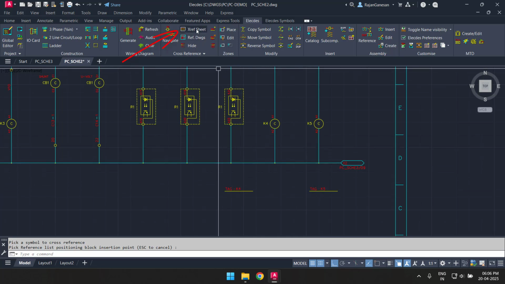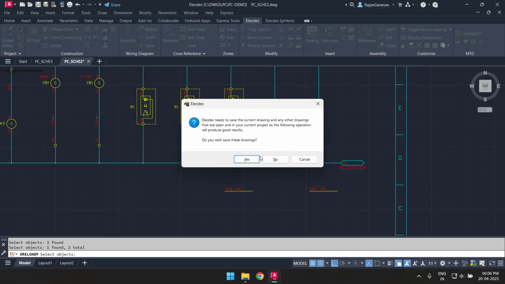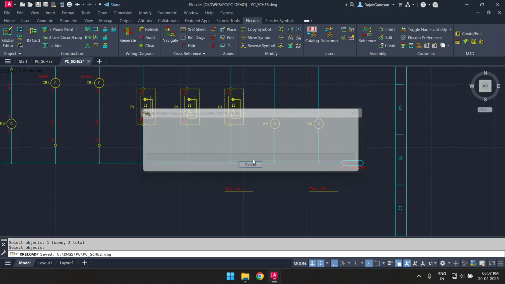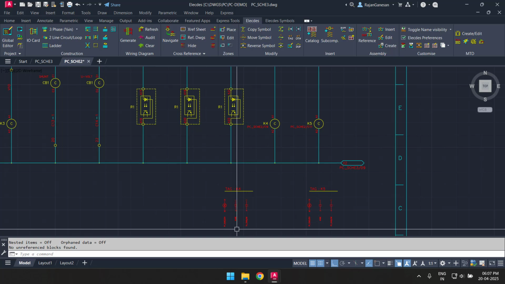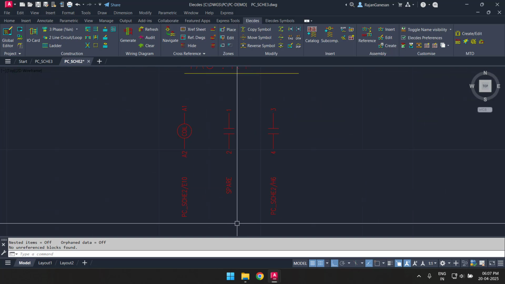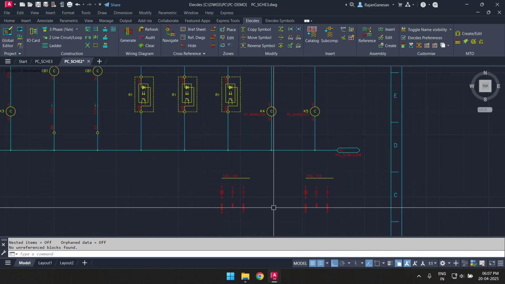Zooming in on the complete cross-reference tables, I can see that the relay family is tabled and referenced project-wide, including terminal numbers and spares. Two points to quickly mention. The cross-referencing tool is open for customization, so for example you can use your own symbols. And secondly, the visibility of any reference is easy to control.